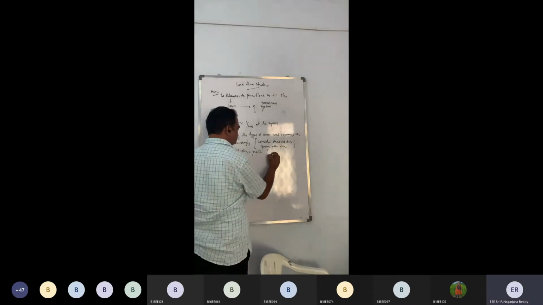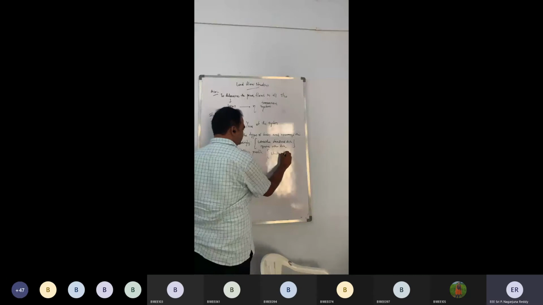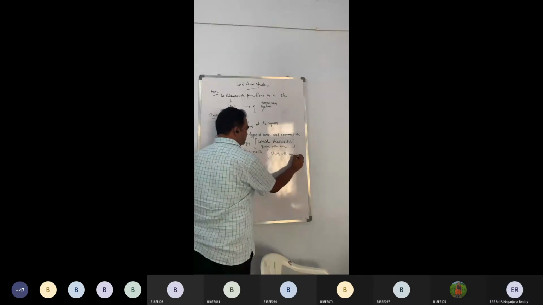Third step is use flat voltage profile. It is nothing but starting with some value. In numerical methods, you will be doing this, starting with some value, right? This step is considered as starting with the flat voltage profile. In the flat voltage profile, we will be taking the magnitudes of all the buses as 1 per unit, and the load angles as 0.